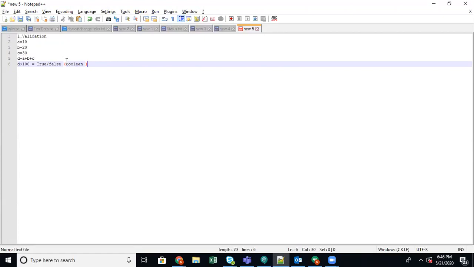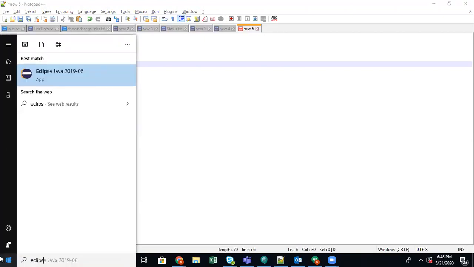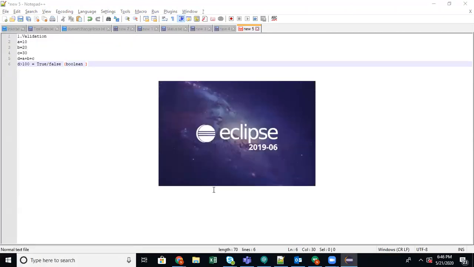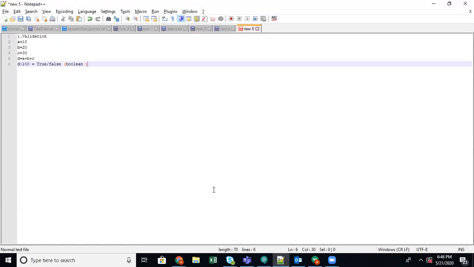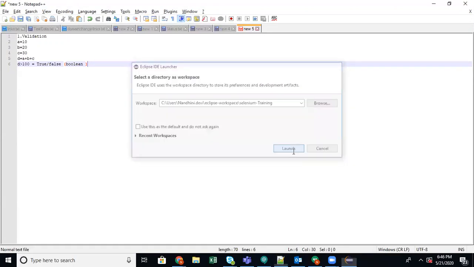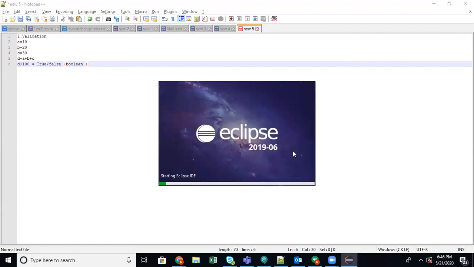Based on the comparison operator, it will return you true or false. Okay, let us do it. First we will learn how the comparison operator works. Then I'll tell you how to use the conditional operators. Okay.